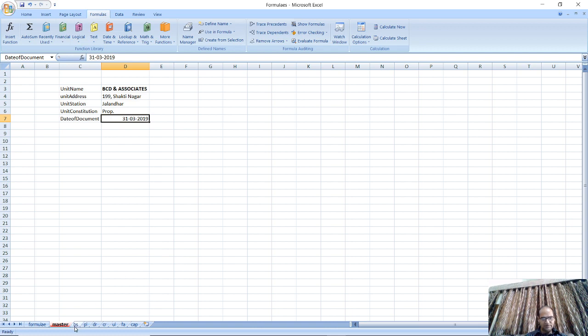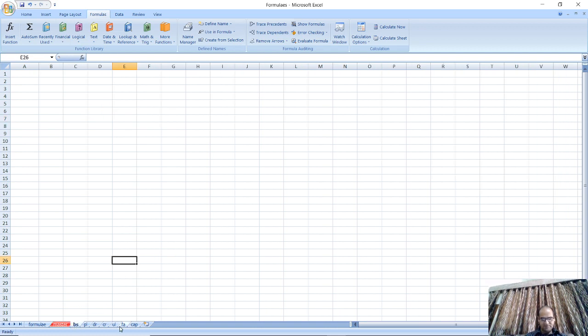Now we want to start the balance sheet, first sheet, and just by pressing the shift click the last sheet. These are the 7 sheets wherein we want the name of the unit, and just by clicking these 7 sheets you will find there is a group onto the workbook name. This is necessary. So in A1 we have to write is equal to unit name, enter, and in second column we have to write unit address, tab,